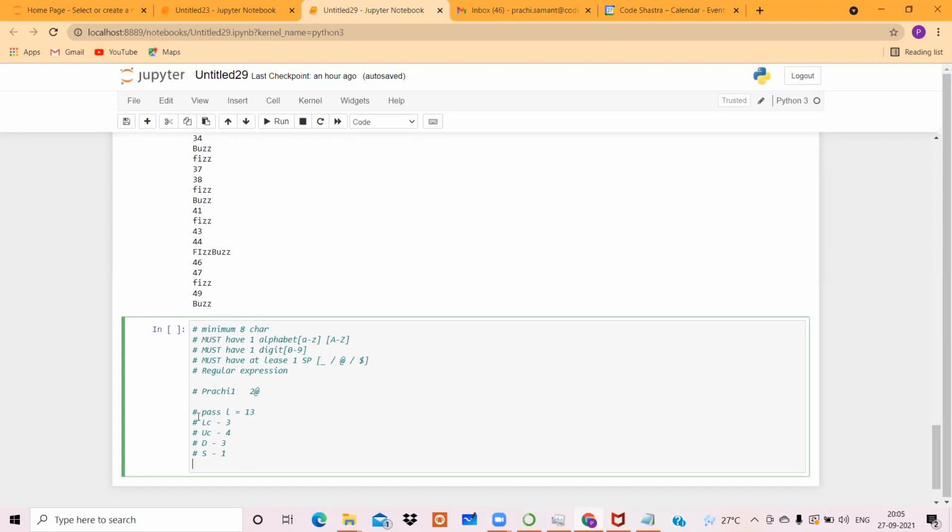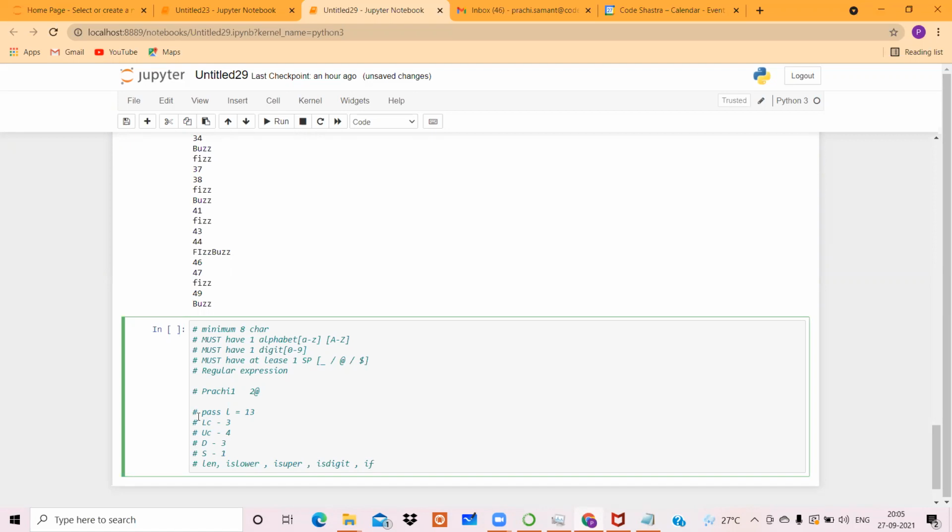So I just hope the question is clear and at least you got an idea कि इसके अंदर functions कौन से use होने वाले हैं. So let us just jot down the functions. We are going to use length function in this. We are going to use is lower function in this. We are going to use is upper function in this. We are going to use is digit function in this. And we'll simply use if kind of thing in order to check whether it is at the rate or dollar or that simple underscore.